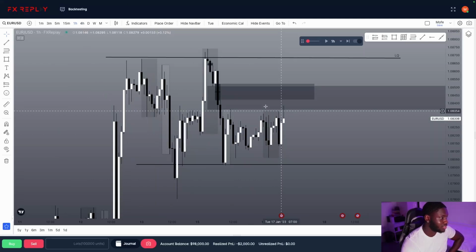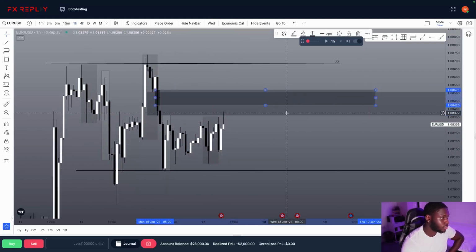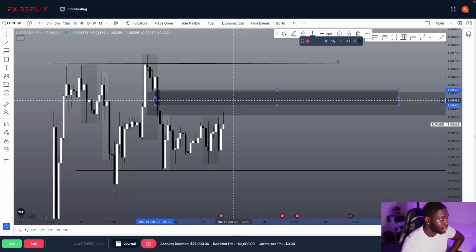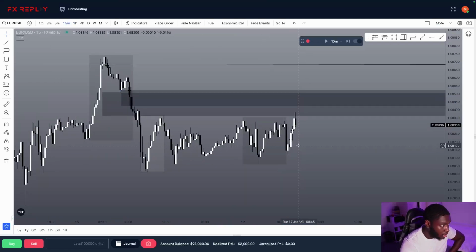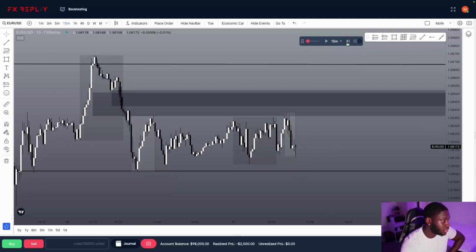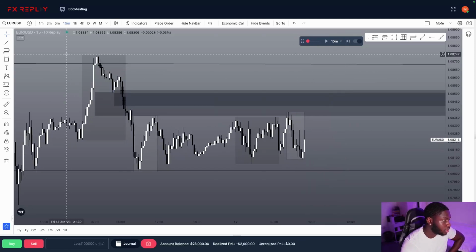That's really it for the H4. H1, basically still the same thing. We do have the H4 fair value gap and the H1 fair value gap overlapping, which is always a nice thing to see. So if we see price push into this area, we know that's most likely where we're going to see a reversal. Drop down to the M15, nothing major really. Has my session started? Yes, it has. Okay, what are we going to do? We shot straight down off London Open.